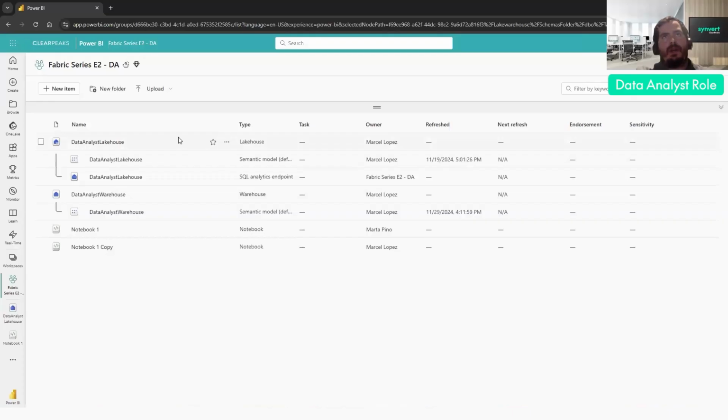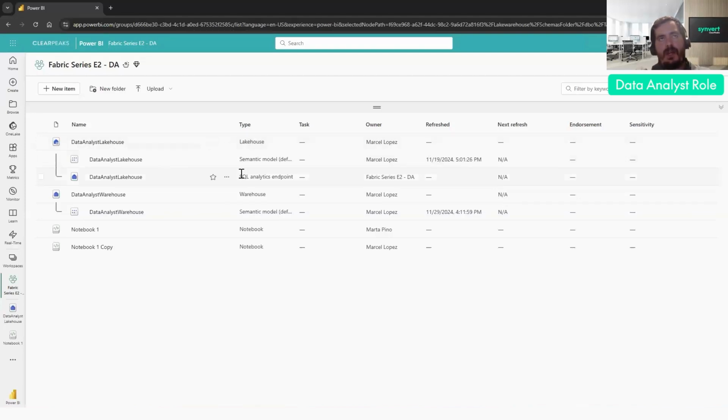And let me also remind you of an important matter: when accessing shortcuts through Power BI semantic models or Transact SQL, the calling user identity is not passed through the shortcut target path. The calling item owner's identity is passed instead, delegating access control to the calling user. So what does it mean? It means that